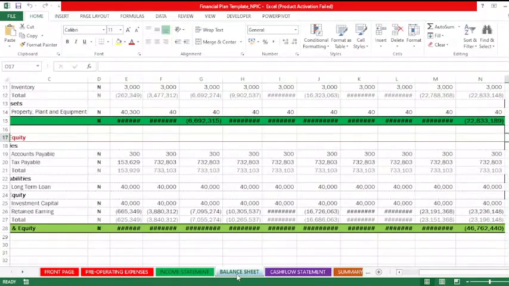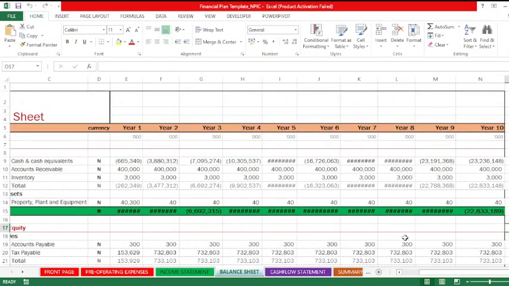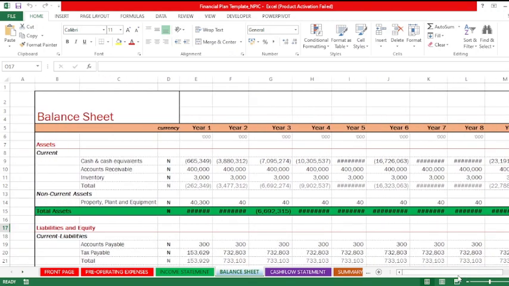So we go to the balance sheet. This balance sheet is just talking about the financial position in terms of your liabilities and your assets. So for every company,